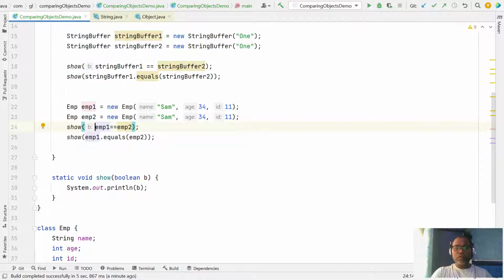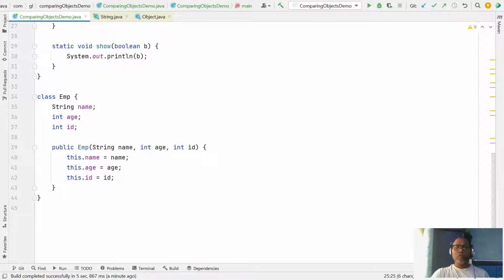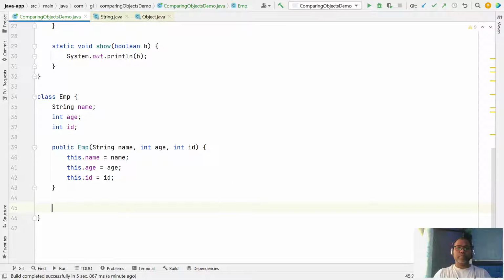So let's say you want to compare whether two employees are the same or not. How will you do it? You have to override the equals method. In general, whenever you have any data class or model class where you want some kind of comparison or sorting, you have to override your equals method.